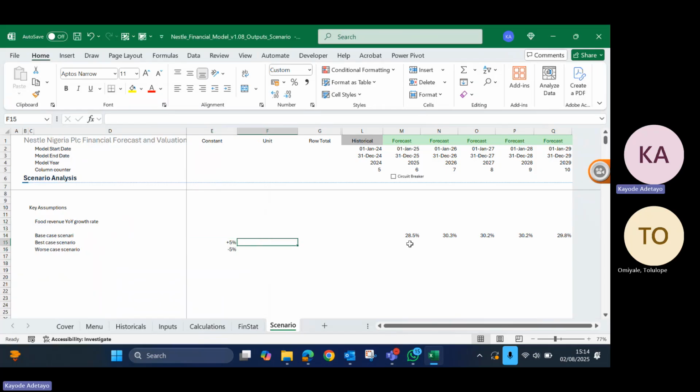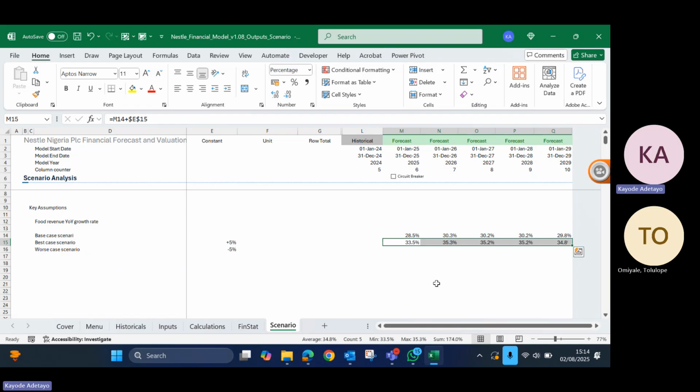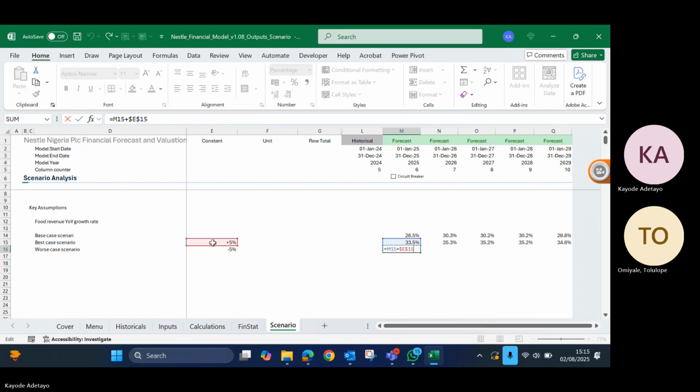Now, what I want to do is to say this guy plus this will be like that. But that will give us the upside. For the downside, we say this guy. I think I locked it. F2. I want to, yeah. So